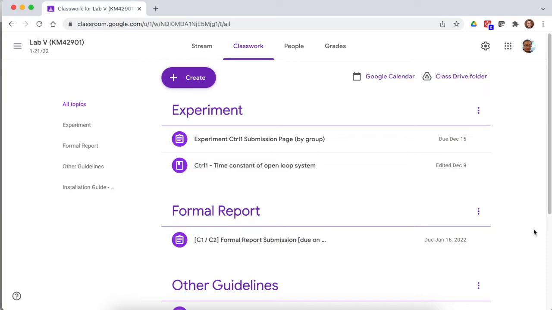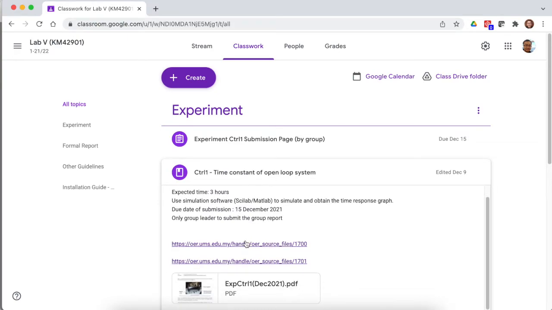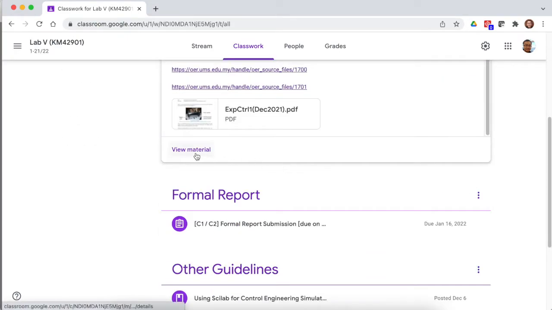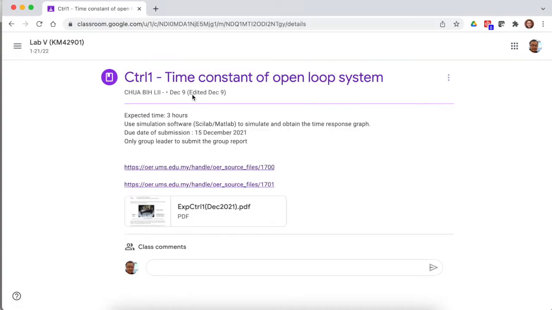So this is just to show you roughly what the experiment is all about. When you go into this Google Classroom, you would see the experiment, and you will submit on this experiment submission page by the group leader. From here we have several resources where you can download the instructions, as well as some of the